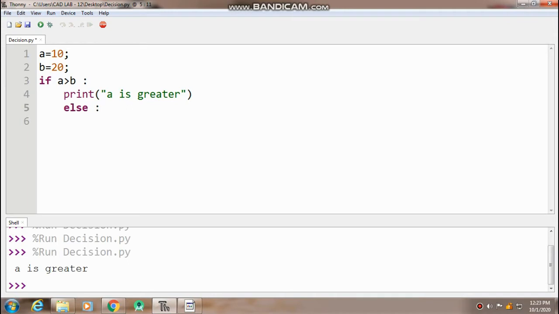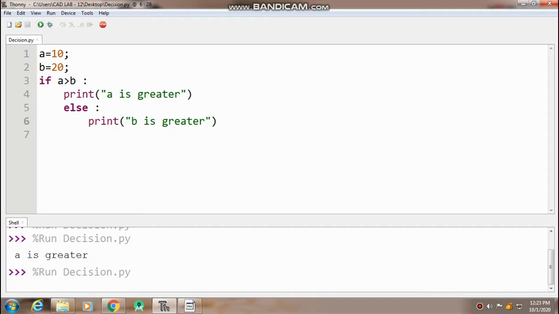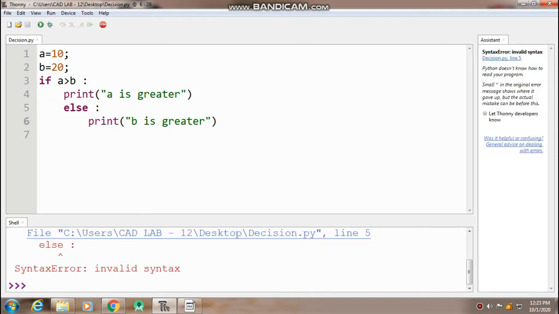What does it mean? It means if this condition is true, perform this. If this condition is not true, perform the else part. So if a is not greater, b would be greater, right? So it will show b is greater. Wait, there is some spelling mistake. So b is greater. I'll simply save it, and when I execute it,